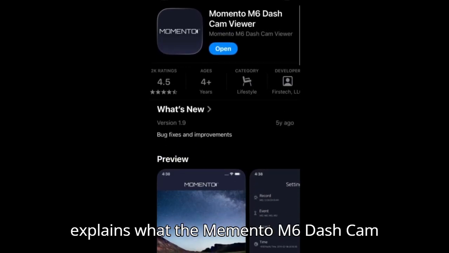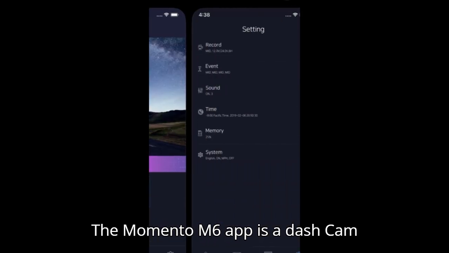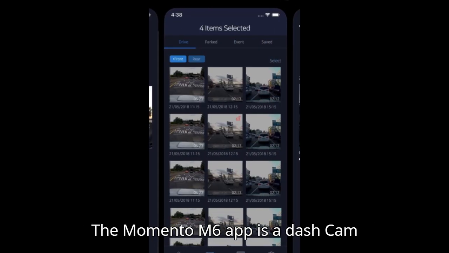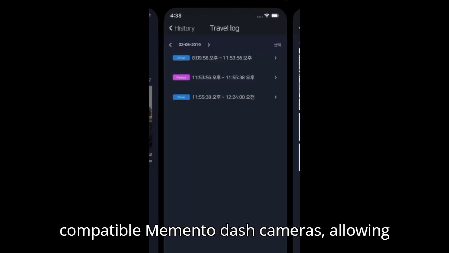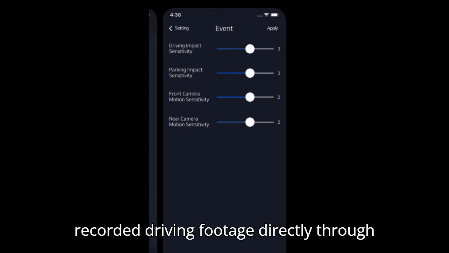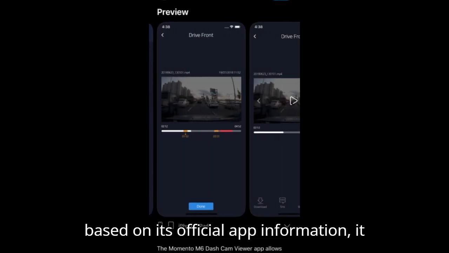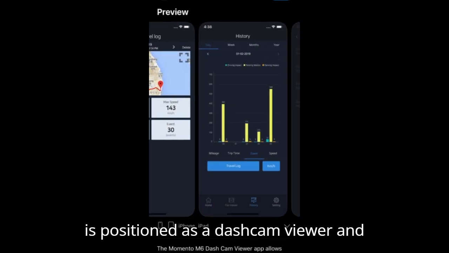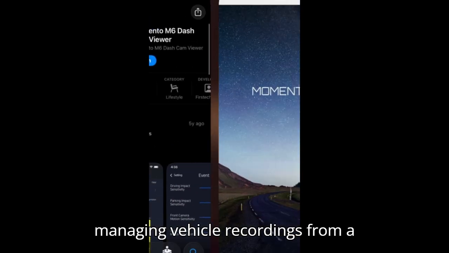This video explains what the Momento M6 dashcam viewer app is and how it is positioned. The Momento M6 app is a dashcam companion tool designed to connect with compatible Momento dash cameras, allowing users to view, download, and manage recorded driving footage directly through a mobile device using Wi-Fi connectivity based on its official app information. It is positioned as a dashcam viewer and control app focused on accessing and managing vehicle recordings from a